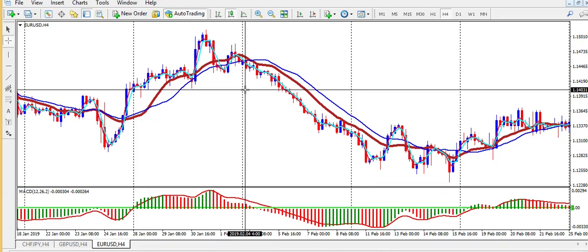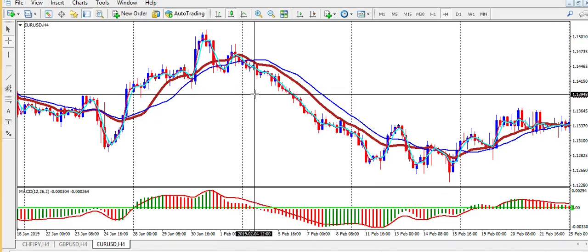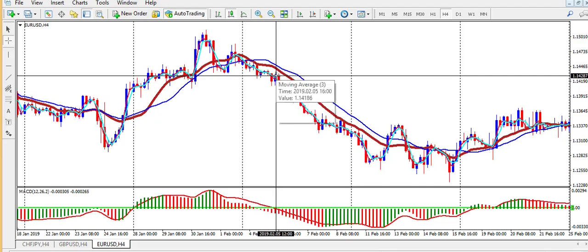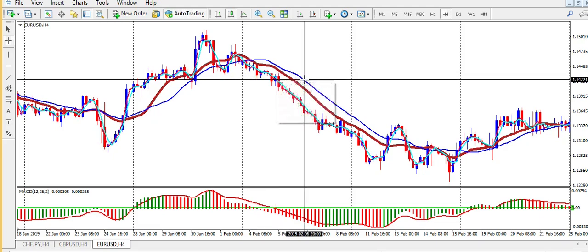MACD is not in line with the signal. But at this point is where we enter. Why? Because there is a candle that closed against the movement of the trend, which is this bar up,